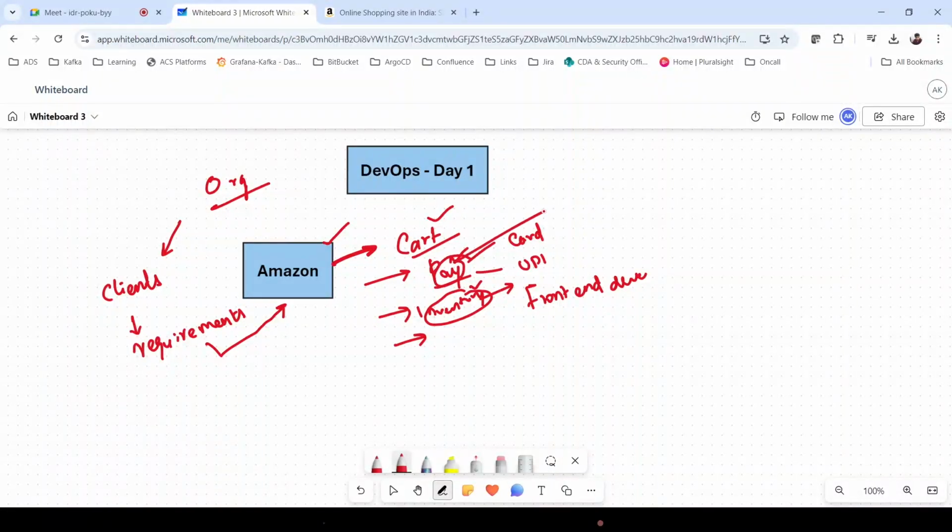Whereas payment will involve different components. For payment we will have a DB involved, and we should have backend code, because when we do the payment, the payment details are saved in a DB. If you go to Amazon, you can see transactions or orders you placed 2 years or 5 years back. So the data is stored, and to store the data we need to write code, which is done by the backend developer.